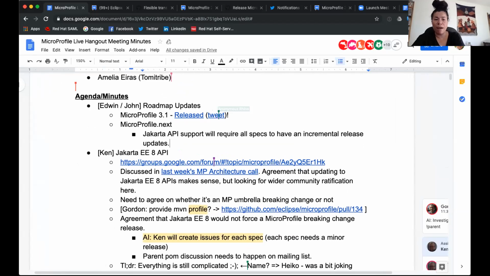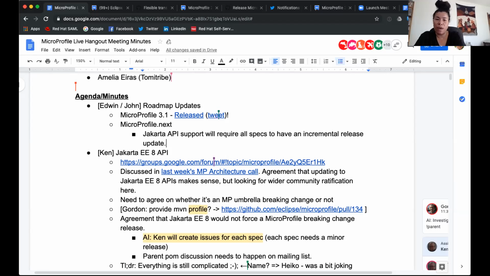What do you mean, a parent POM? Just for Jakarta, like a new repo, or what's going on? I am confused. No, like to create a POM for MicroProfile specs that defines all the Jakarta specs as in dependency management, and then each of our specs can inherit that. So they get the version of the spec that is used in MicroProfile without having to add it on their own. Because at the moment, each spec has their own dependency with the version for CDI, JAX-RS, all that kind of stuff. So it's replicated all over the place.